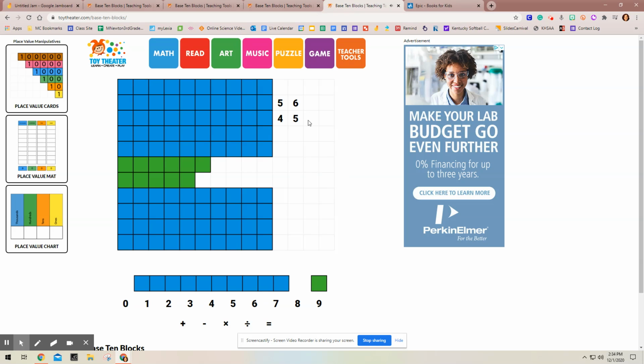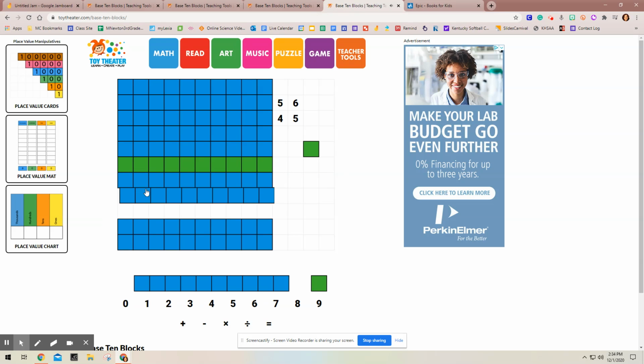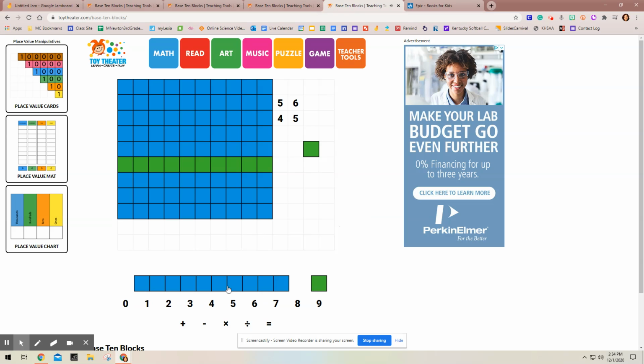So now what is the total 56 plus 45? Well, I've got to bundle these together. So I'm going to go ahead and try to make a 10. Perfect. I made a 10. Drag this over. So now I've got 1, 2, 3, 4, 5, 6, 7, 8, 9, 10. And we know that there's 10 across, and 10 times 10 gets us 100. 10 groups of 10 gets us 100. And then we have one left over. So that gets us a total of